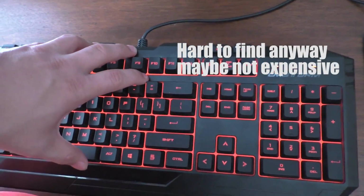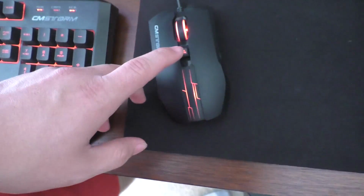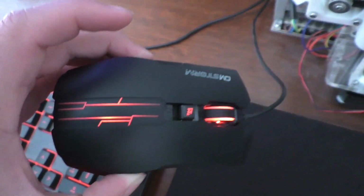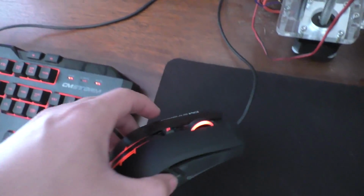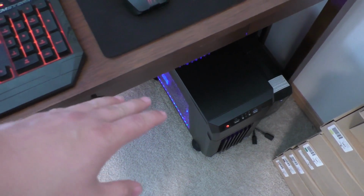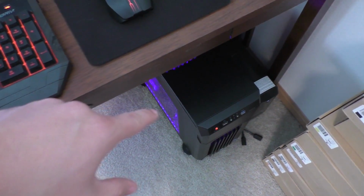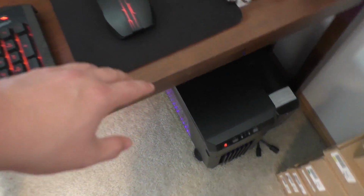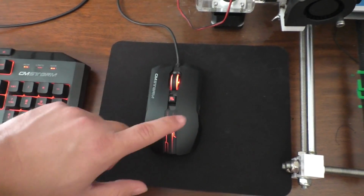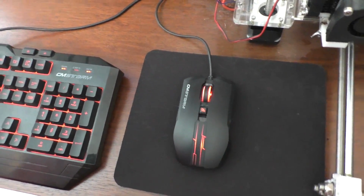And one thing that I do not like about this mouse is the fact that there's no way to turn the LEDs off in this. And the motherboard that's in this computer, it powers the USB ports through the 5-volt standby rail, which means this thing stays on all the time. All the lights in this stay on constantly. So this mouse ends up acting like a nightlight. But anyway,